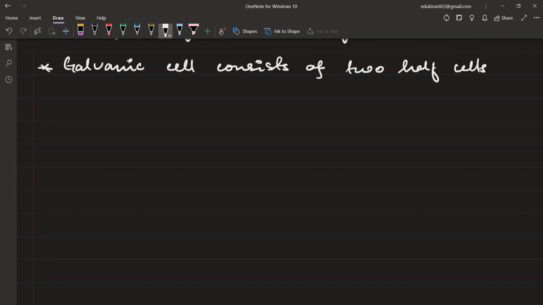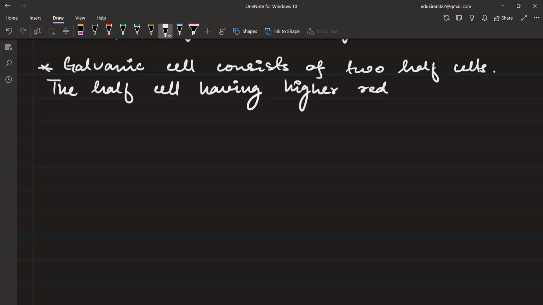The half cell having higher reduction potential